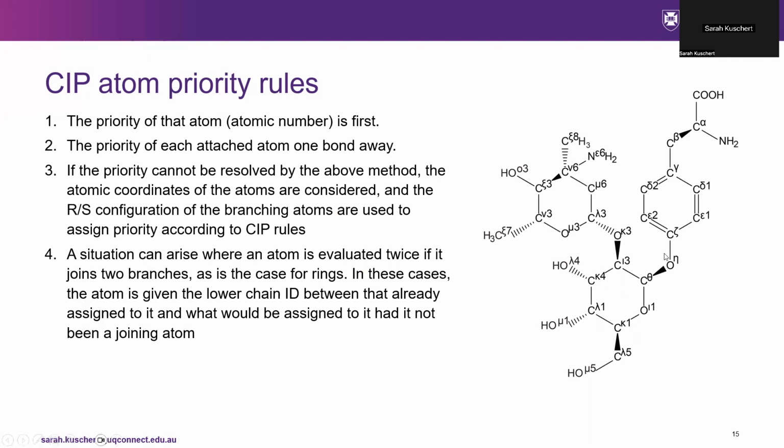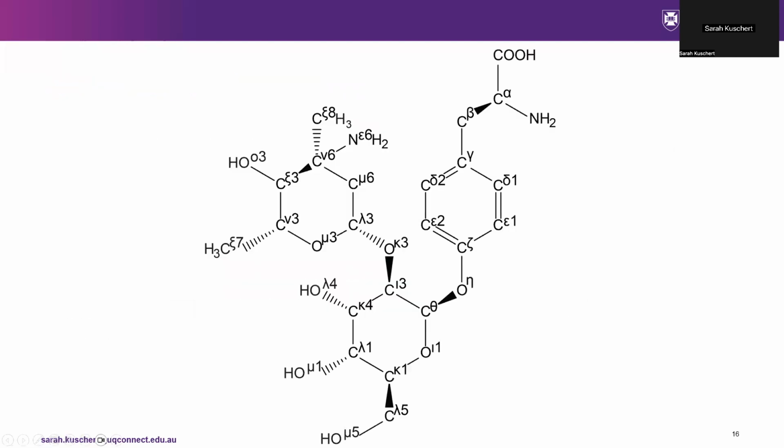You can see here in C lambda 1, it could be considered part of the 4 chain and the first chain, because if you count it down, it would be part of both chains. But the first priority is given to the lower number, so it is considered part of the first chain. So this is just a slightly bigger look at how that naming process has been applied to this